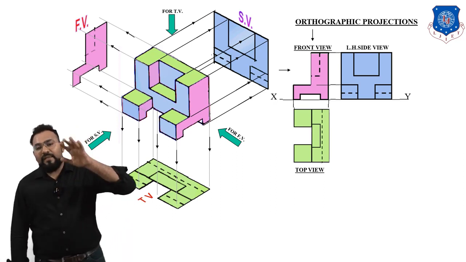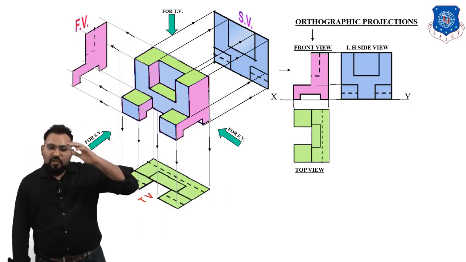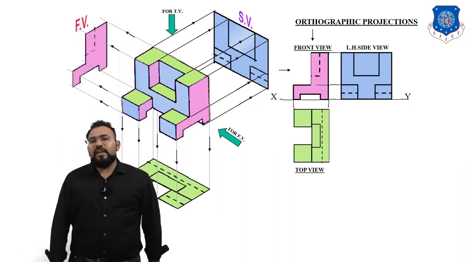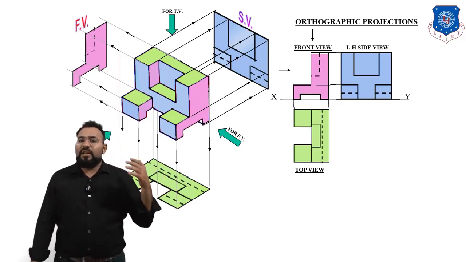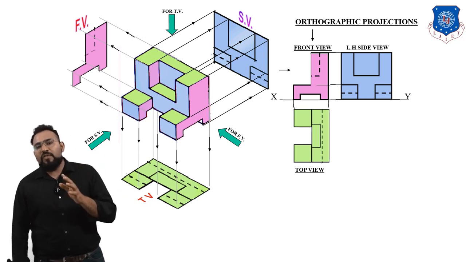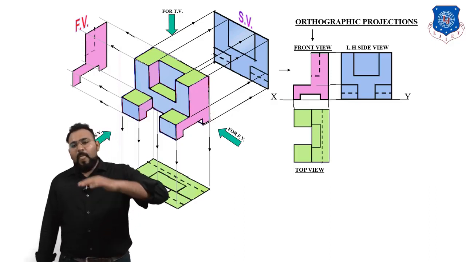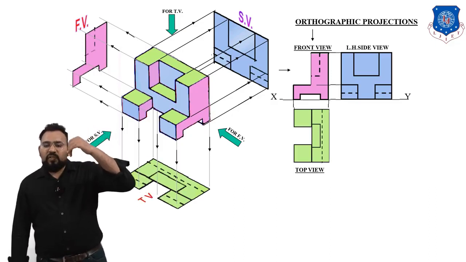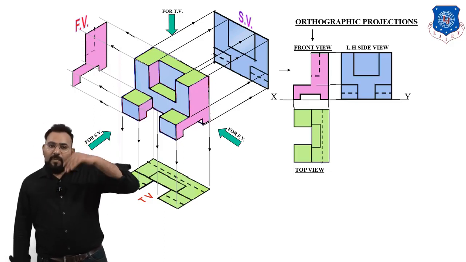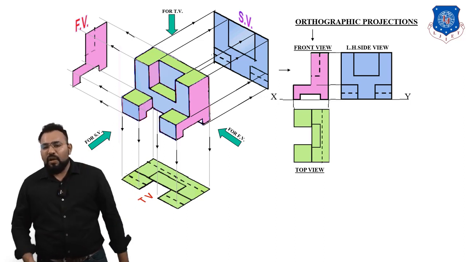In an example, they will give you some 3 dimensions of an object, and using those dimensions you have to draw the front view, top view and left hand side view. Here we have taken all the objects in the first quadrant, but in an example they may tell you to find the front view, top view and side view if this object is in the third quadrant. So you have to draw according to that. You know that in the third angle method, the top view will be above the xy line and the front view will be below the xy line.